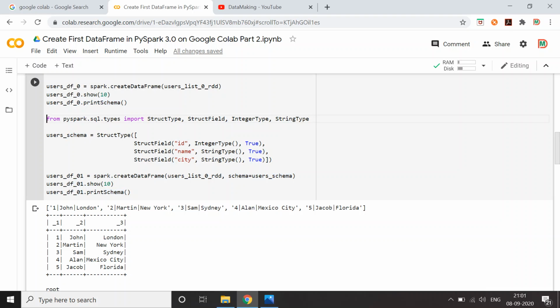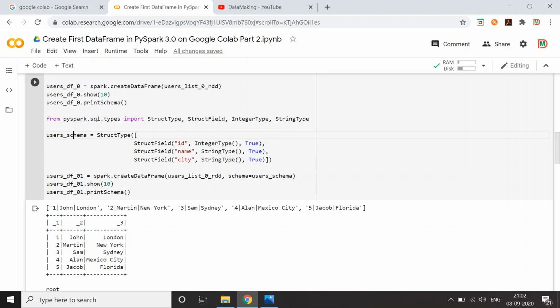You need to import the types. You need to import StructType and StructField, and these two are used to build the schema. And these two, StringType and IntegerType, you choose based on your column values. If you have a double, you can choose DoubleType. Once you import these, you need to prepare a StructType which will contain a list of StructFields. A StructField represents one column. That is the ID column. What is the type of that ID? IntegerType. Is it nullable or not null? I just gave nullable as True, and you build the other columns as well.